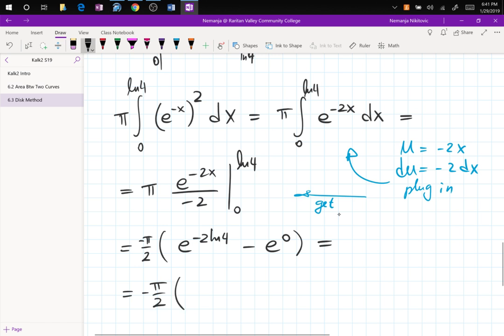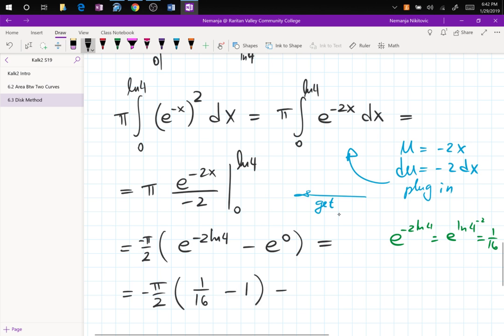And now this negative 2 goes in as the exponent of 4, here in green on the side, e to the negative 2 ln 4 is the same as e to the ln 4 to the negative 2, which is just 1 over 16. Because 4 to the negative 2 is 1 over 4 squared. 4 squared is 16. So 1 over, and then ln and e cancel. So we have 1 over 16